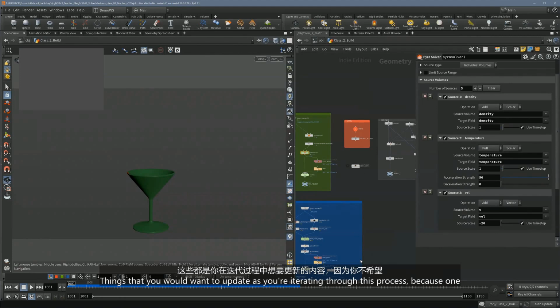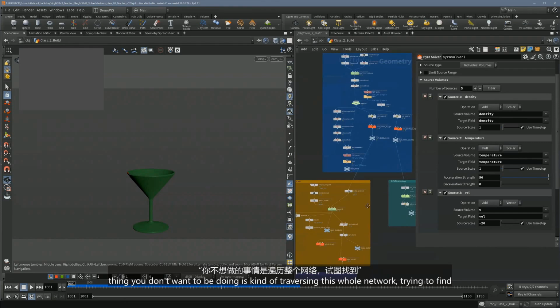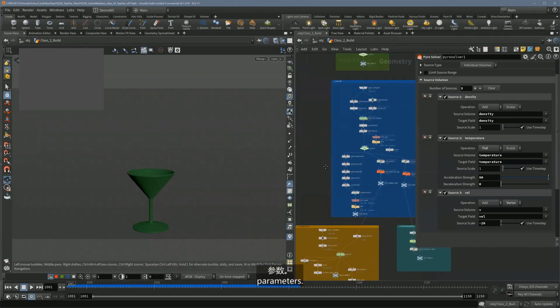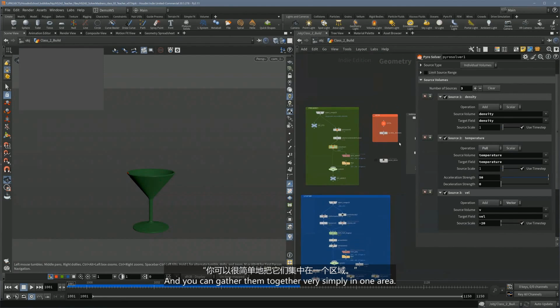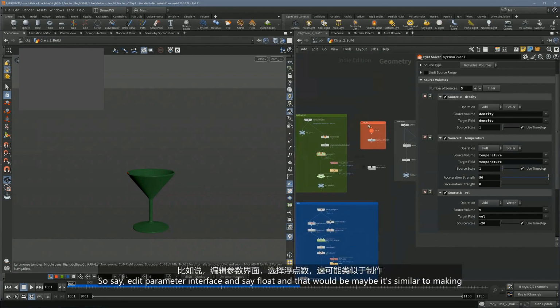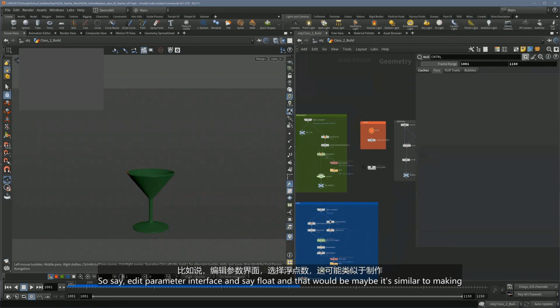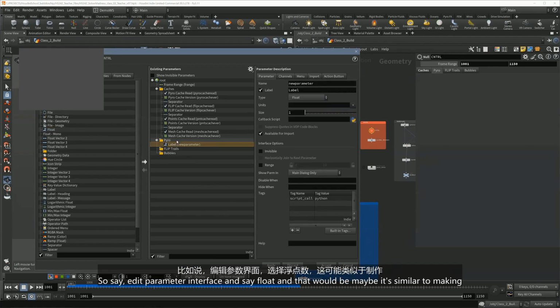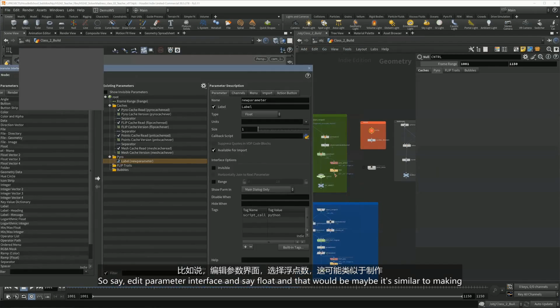Because one thing you don't want to be doing is kind of traversing this whole network, trying to find parameters, and you can gather them together very simply in one area. So say, edit parameter interface and say float. And that would be maybe,